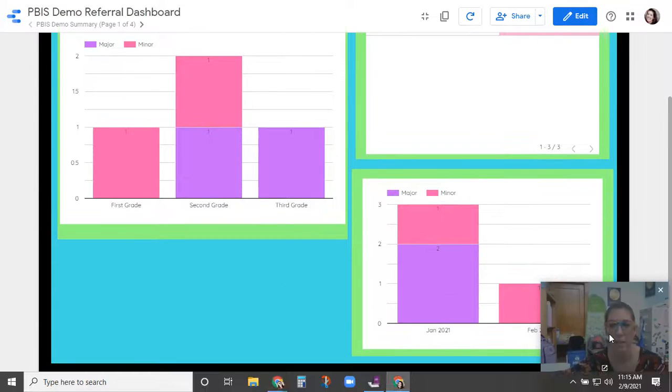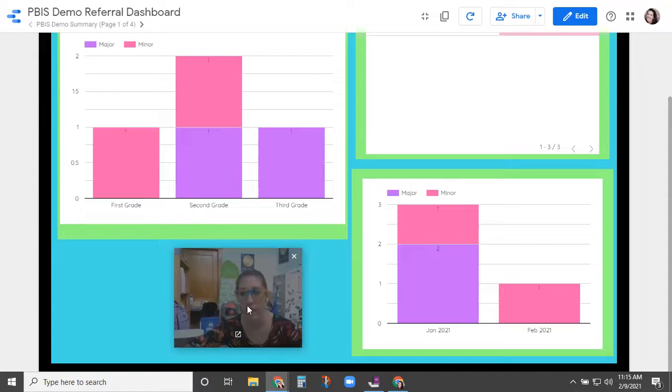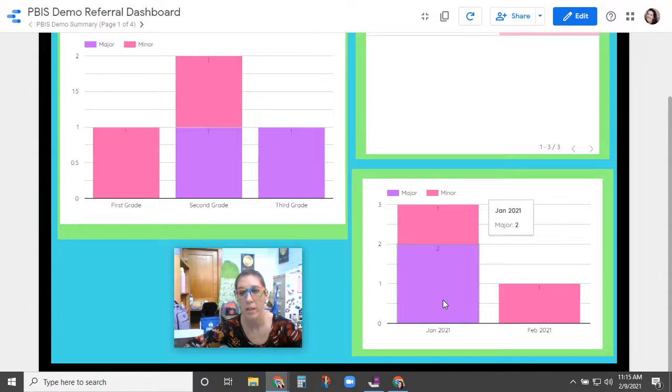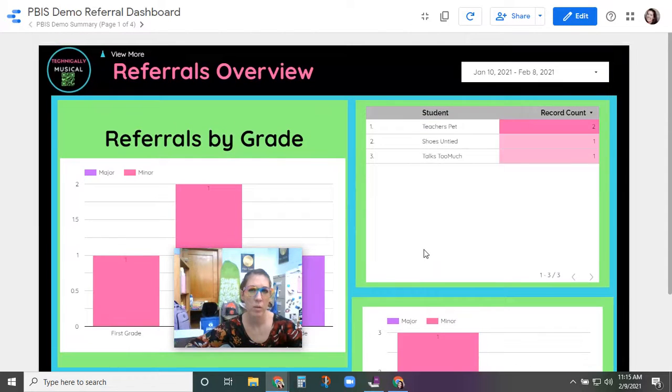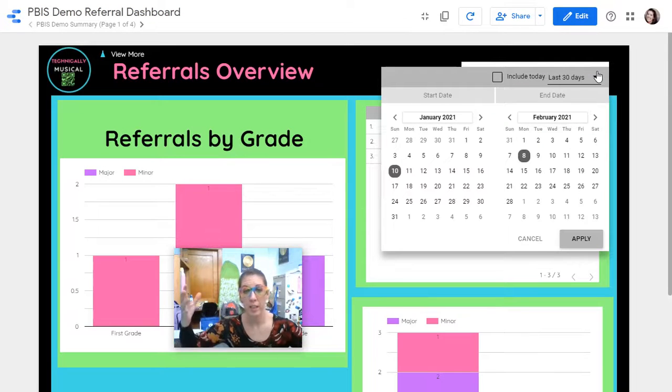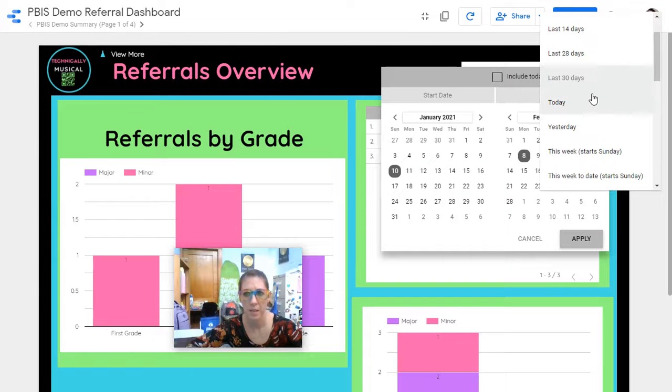If I scroll down here and move my face out of the way, you can see that January had more than February, but we're also only a few days into February. So this is just a great way to sort your data. Now maybe you want further data than that. Maybe this isn't enough. Another one of the choices